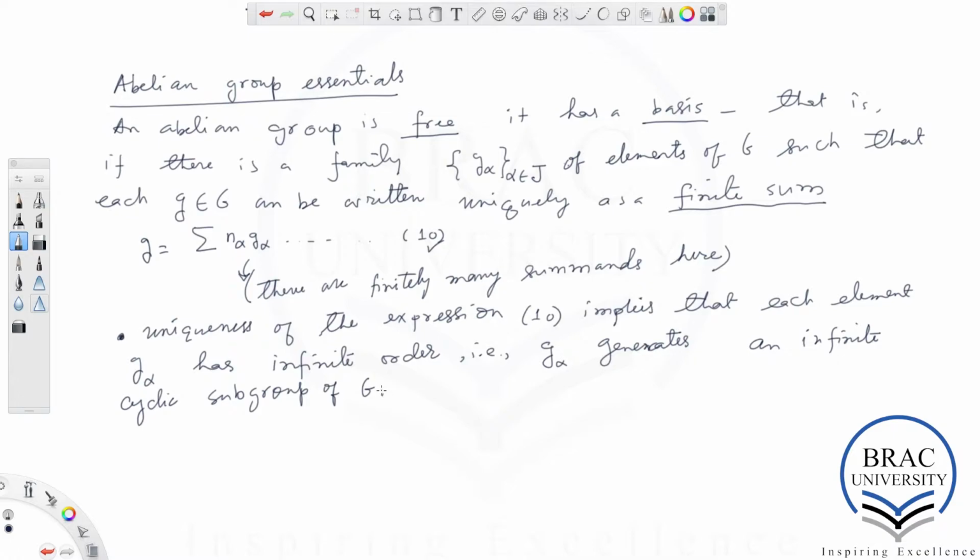Okay, so let us try to prove this. Suppose the contrary. We proceed by contradiction. That is, there exists a natural number n such that n times G alpha is equal to 0.